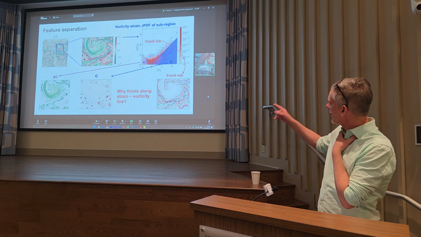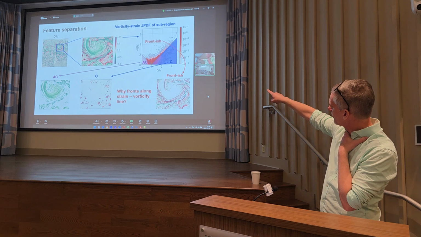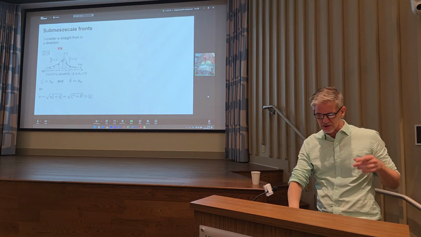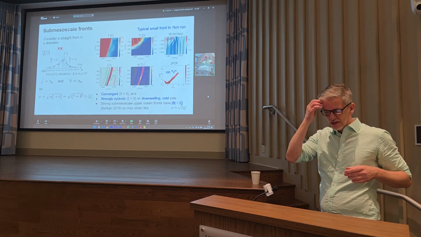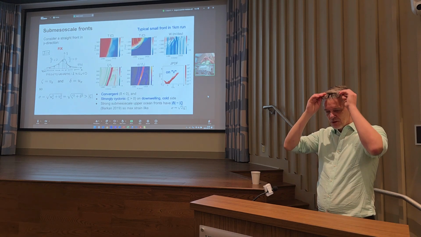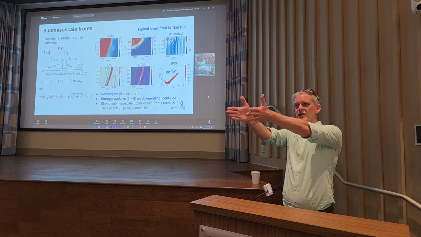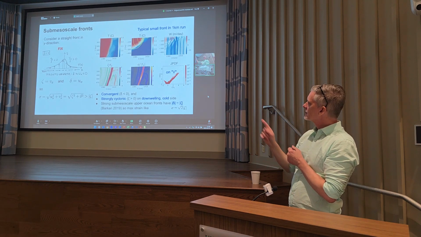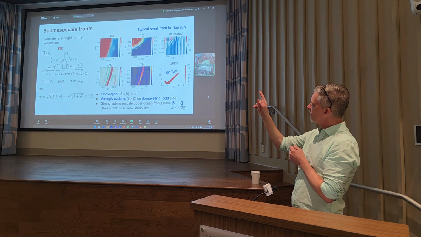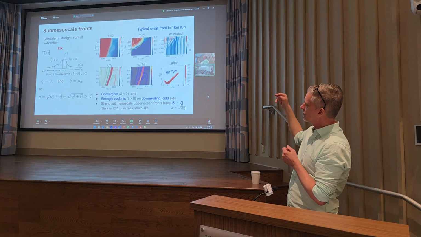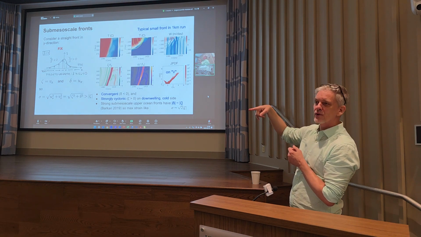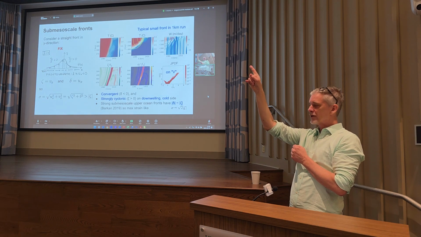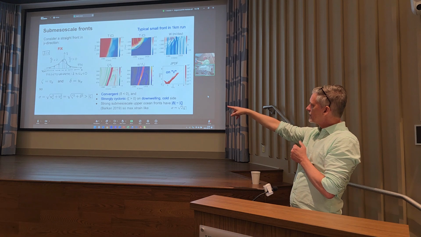The other thing is, why is there this asymmetry? I'm not going to give you a complete story here, but let me just show you part of it. Suppose I have a front going in one direction, like in the y direction. So the vorticity of that front is just due to the x derivative of the north-south flow, dv/dx. I only have one component. And the strain